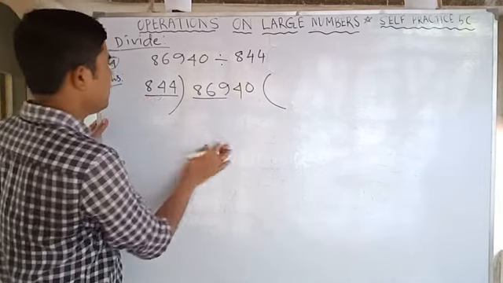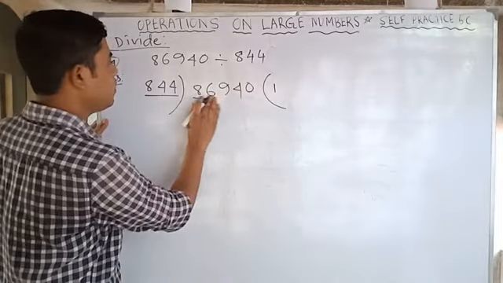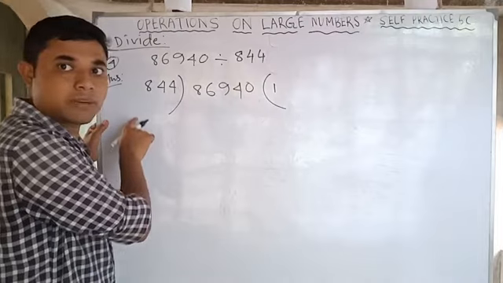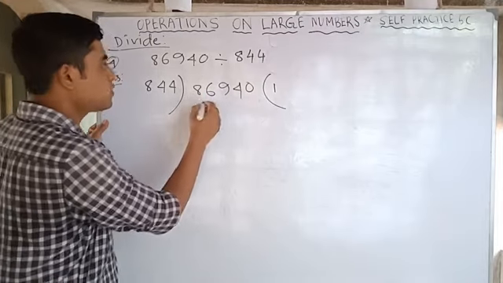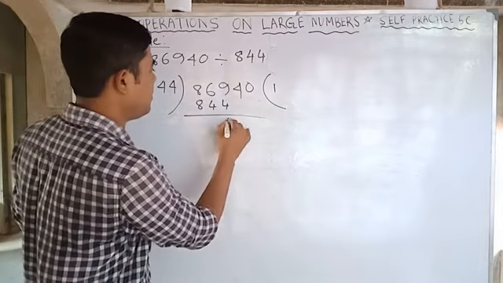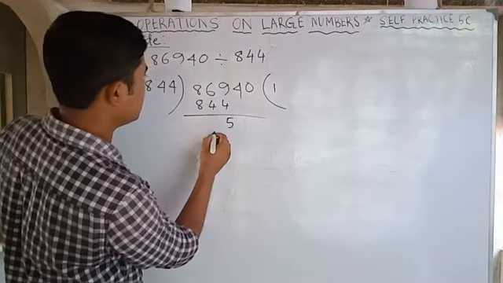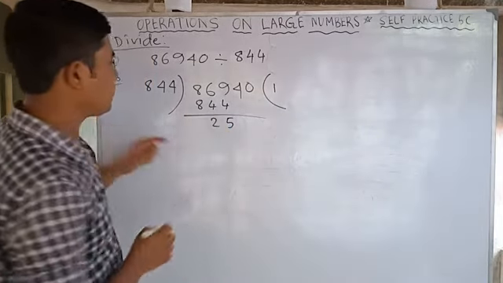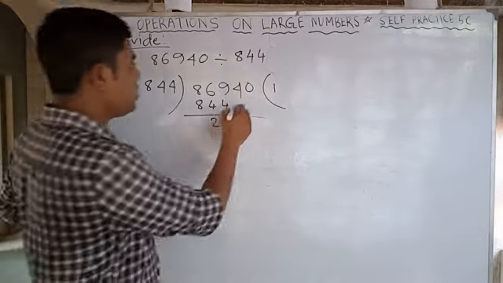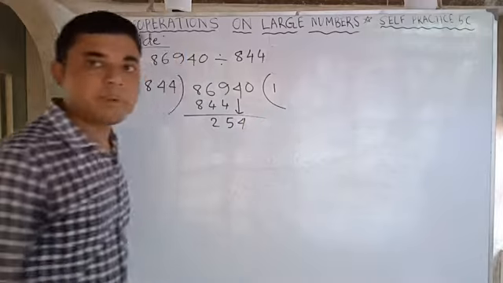So obviously it will go by 1, because if you take by 2 it will be 16, then 1600 something. So by 1 this, so it is 5 and it is 2. Okay, so it is 5 and it is 2. So what will we do? This 4 will come down.